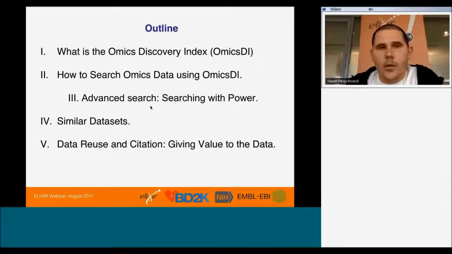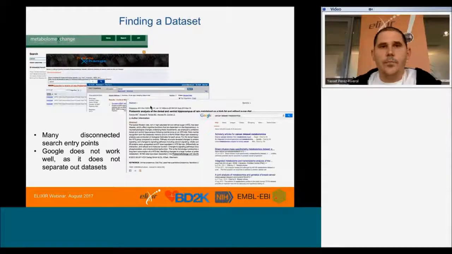And we will talk a little bit about similar data sets, because this is a really important concept. And actually, at the end, we will talk about new features in OmicsDI like data reuse and citation. Okay? How can someone right now that has some genomics or transcriptomic data find, for example, the proteomic data set,